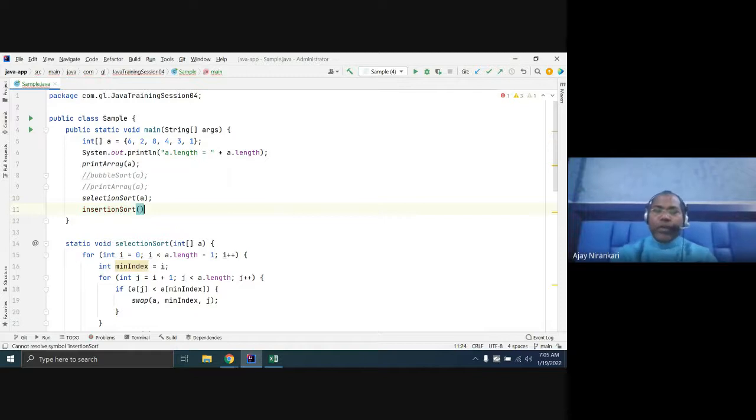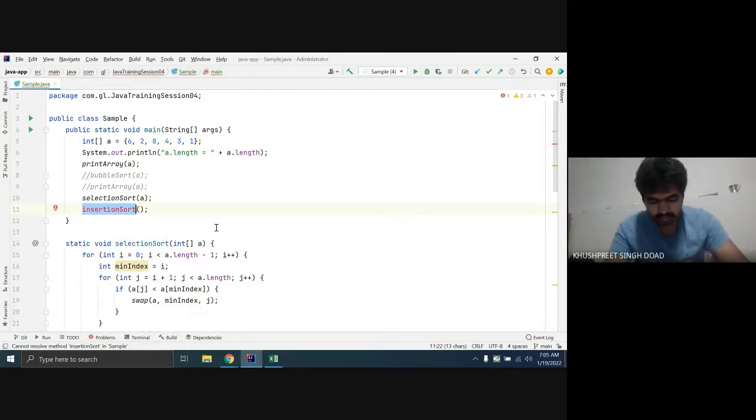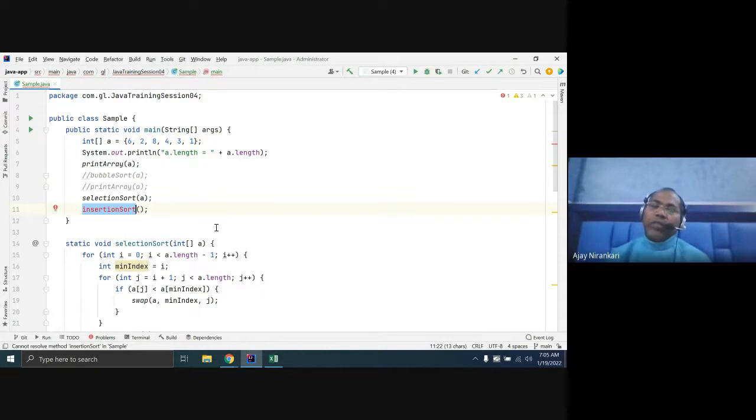If you prefer to write the code for insertion sort, fine. Else tomorrow I'll explain how insertion sort works and how you write the code. First you look at the bubble sort, next you look at the selection sort. If you feel comfortable with both, then jump to figuring out how insertion sort works. Else I'll explain insertion sort tomorrow.